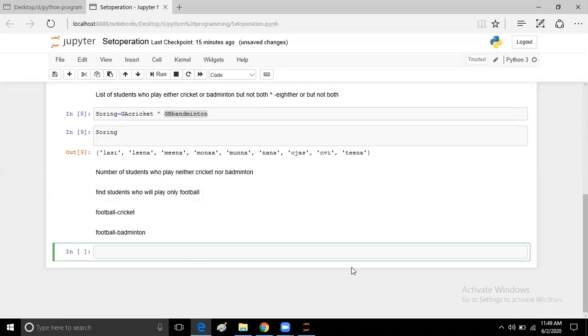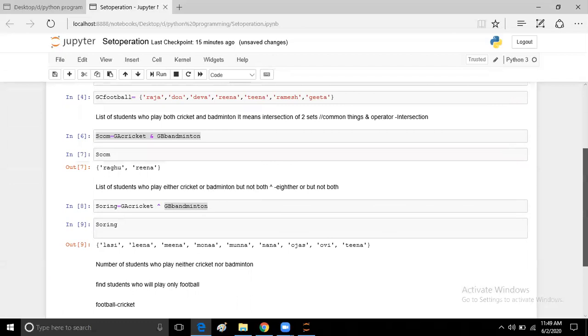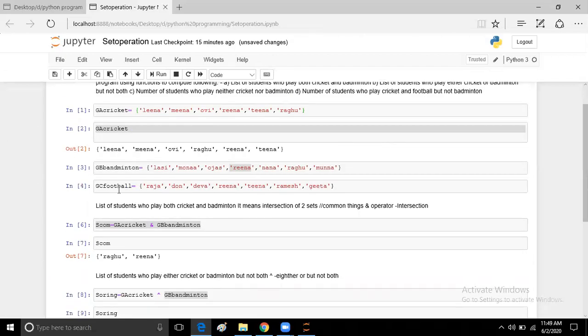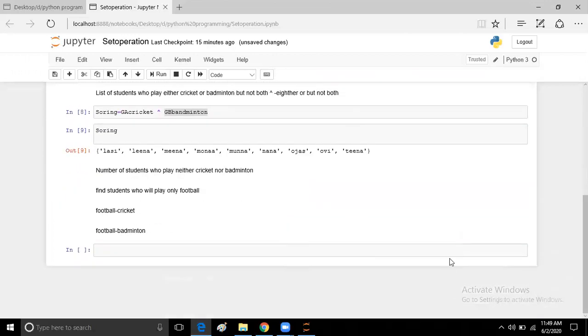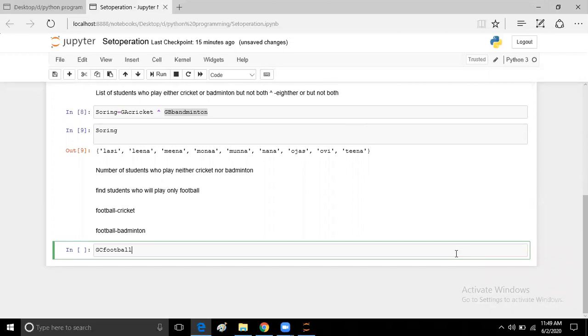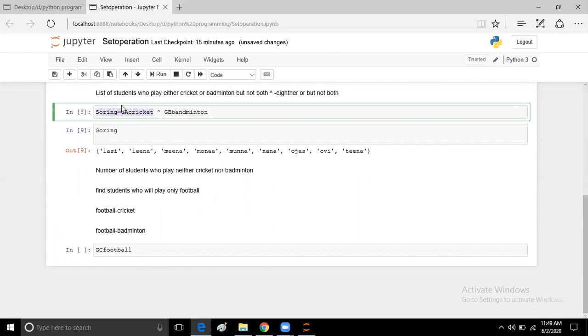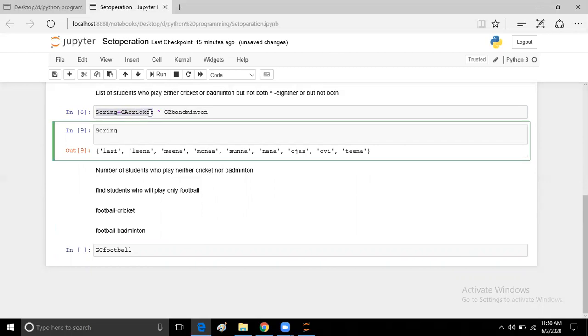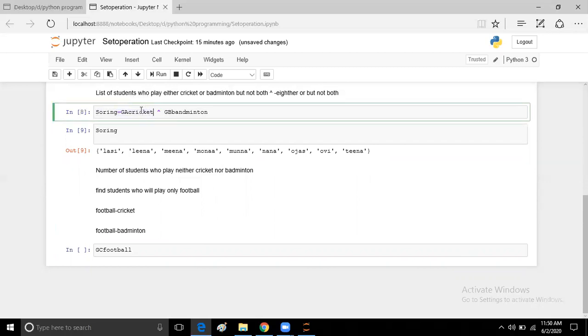So first we check the group name of football. Here we have used the group name of football, the GC football set we have created. I have to subtract from it, and when we remove something from the first group, we use the minus symbol.